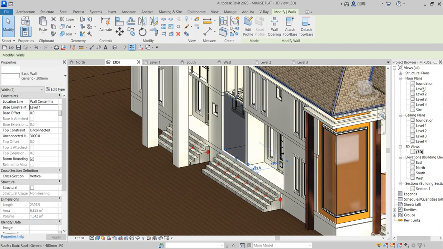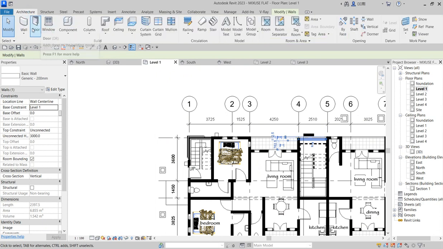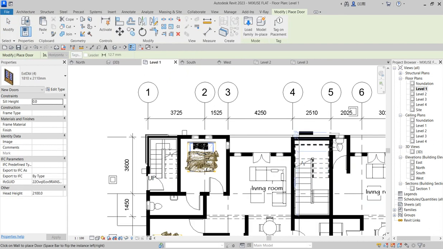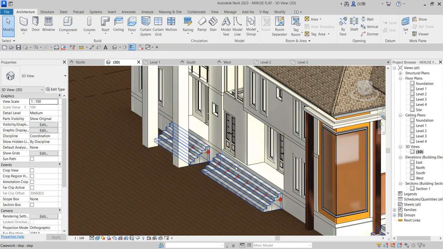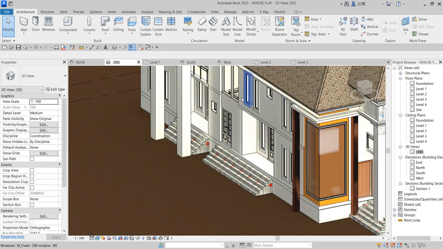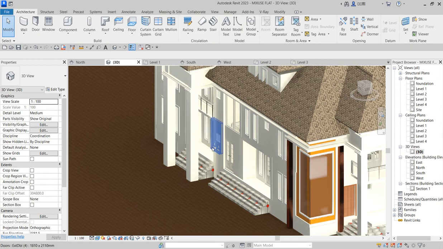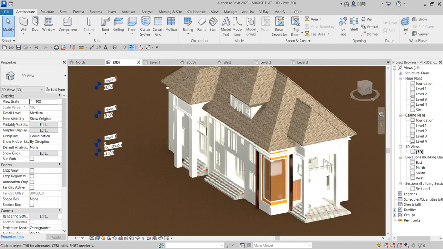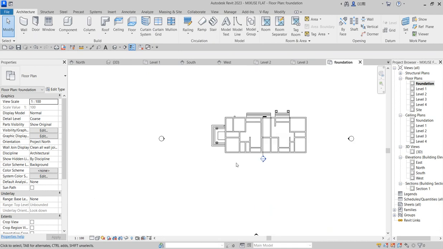So I'm bringing back my door. That's the architecture and say door. The last one I use is this. So I'm bringing it here, and I'm going to go to 3D, and that is what I've created. So this is entrance to the guy living at the upper house. So that is it for that, and the next thing we do here is that we